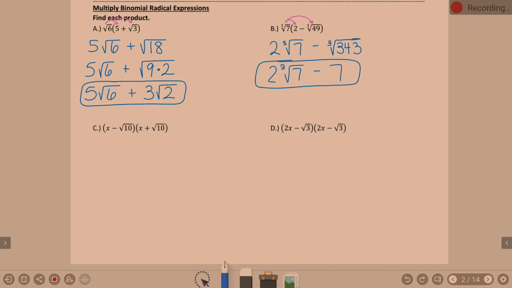FOIL, what's first? X times X. And X times X is X squared. Okay. Outsides. X times the square root of 10. I'm going to say X square root of 10. And that's one of those where we tend to put the X in front of the square root so it doesn't accidentally look like it's under the square root. Okay, that's outsides. Insides. Negative square root of 10 times X